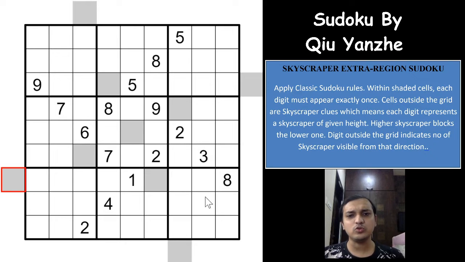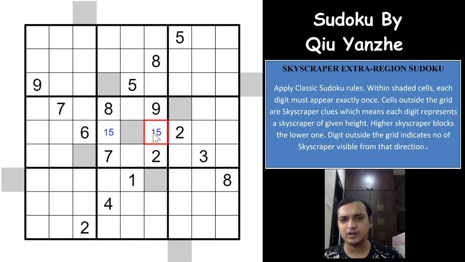Coming on to the Sudoku now, let us see if we can fill a few digits with the classic rules, right? If you see the 1 and 5, easy deduction, you can write 1 and 5 here, and the 6 will give you a 3 4 6 here, and 4 6 here, right?